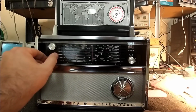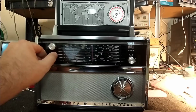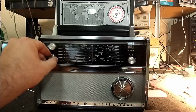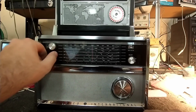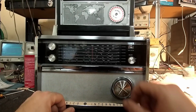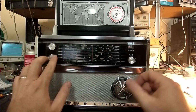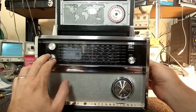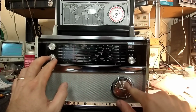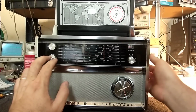Alright, so clicky clicky. So we got hum there, which tells me that the adapter probably isn't a great choice. It's not very well filtered, or it's trying to draw way more than it should. Let's see, what band are we on? This is FM. I don't think the oscillator's running. It's just noise. Let's go to...